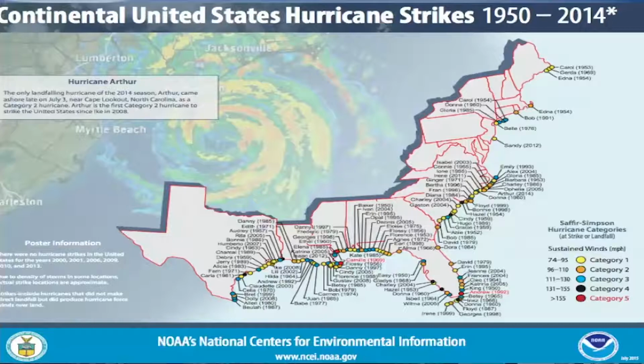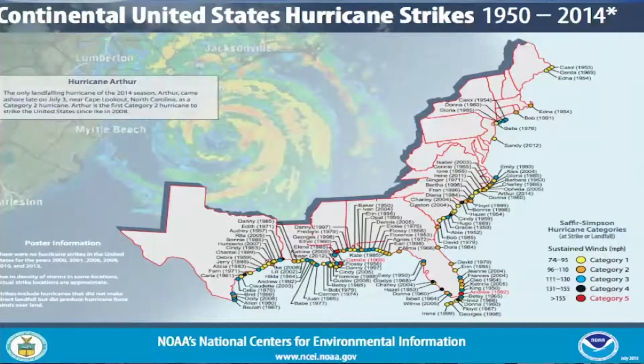Here in the United States, from 1950 to 2014, you can see that a lot of places in the Gulf of Mexico experienced a landfalling hurricane. That's because the Gulf of Mexico is trying to kill us. Florida's had a number as it sticks right out into the Gulf of Mexico, and then also the eastern seaboard in the Carolinas have received a fair number of hurricanes, with a couple making it all the way up to New England.